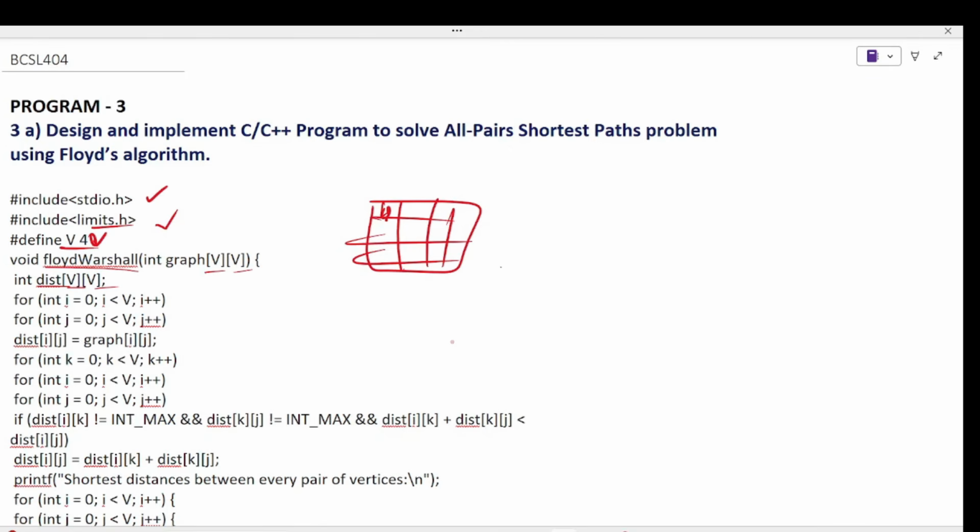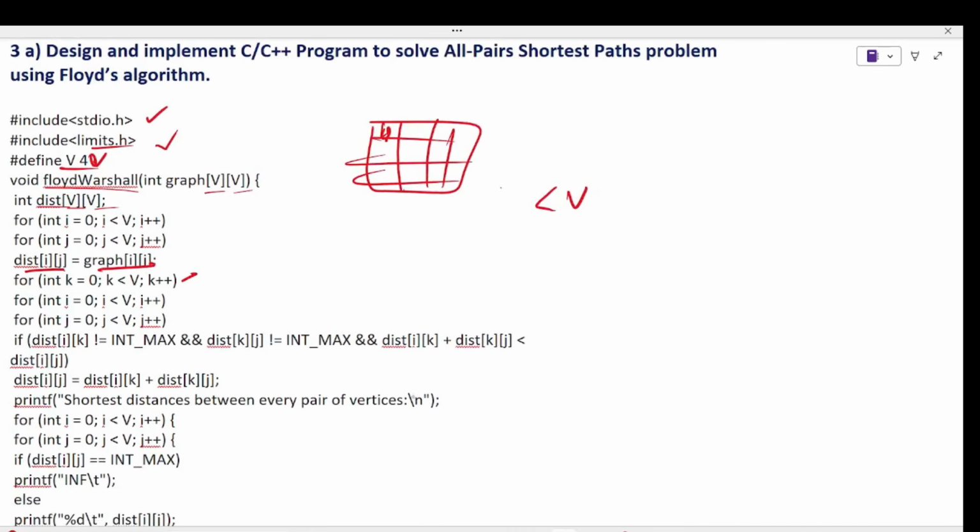And next is for int i is equal to 0, i less than V, i plus plus, because the value you give should be less than V, because you have defined the maximum as V. V4, it should be less than that, so you will be using that. And 4 rows and 4 columns, that is how you define here. And next, again a for loop you will be using i, j, and you will be assigning distance as graph of i j. And next, for k, again i j, what you will be doing: